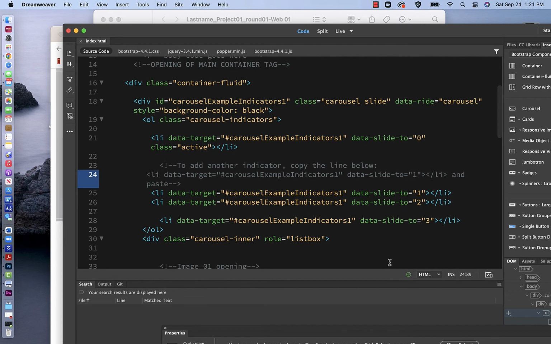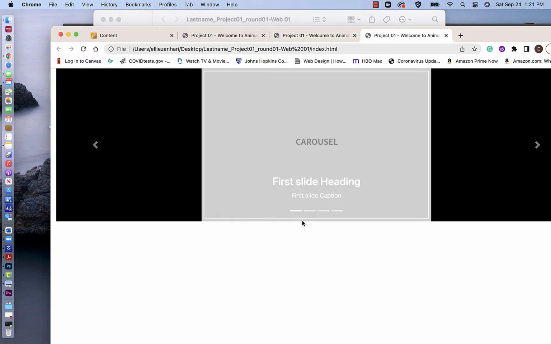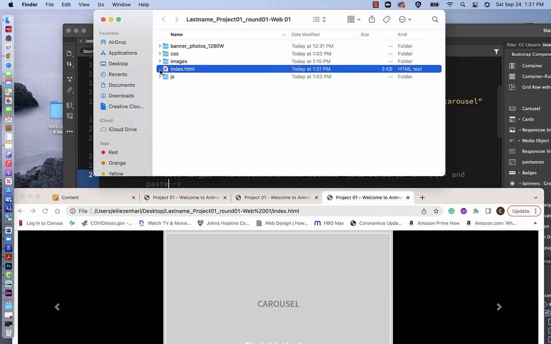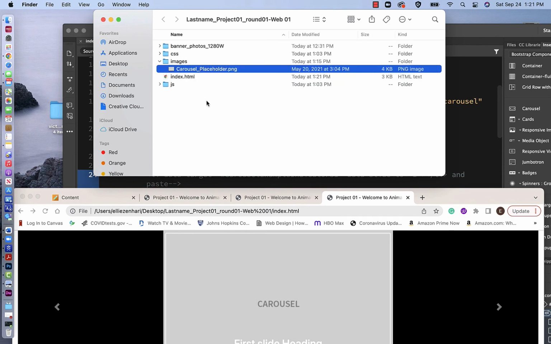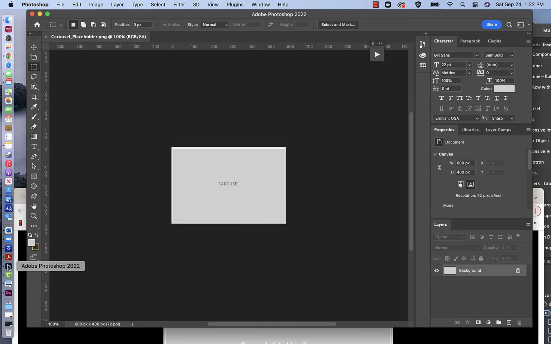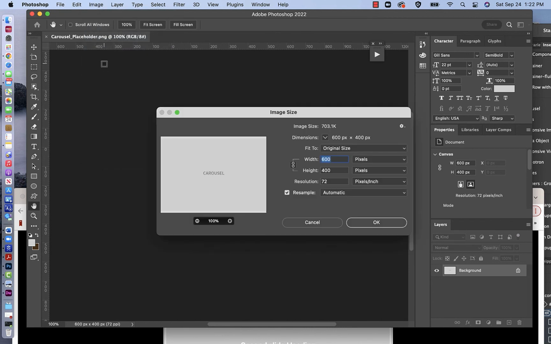Okay. So now if I save and if I preview this, you'll see that I have 4 indicators. Okay, the last part is I have my images, and as you could see, automatically it added like a carousel placeholder for me. I'm gonna go ahead and open it in Photoshop, and if I choose image size, you'll see